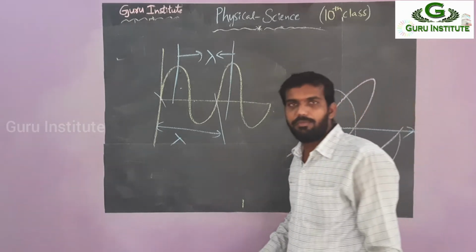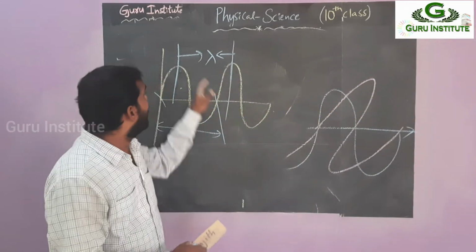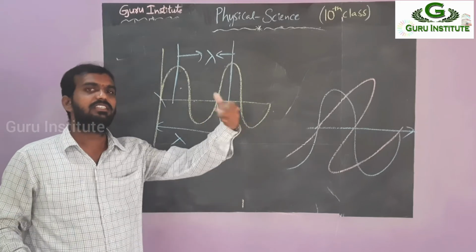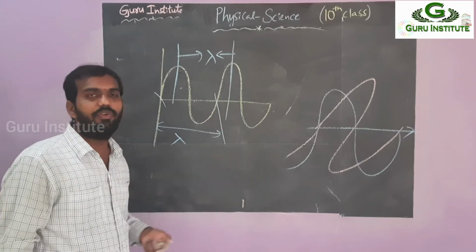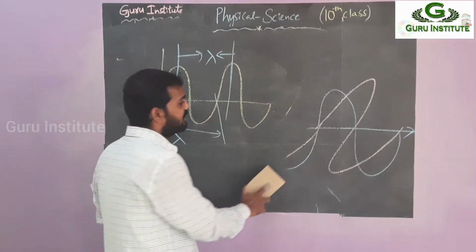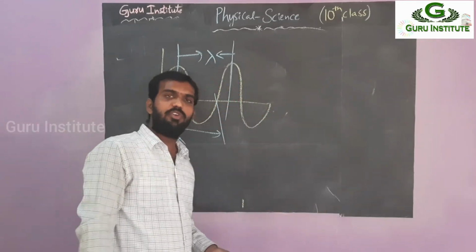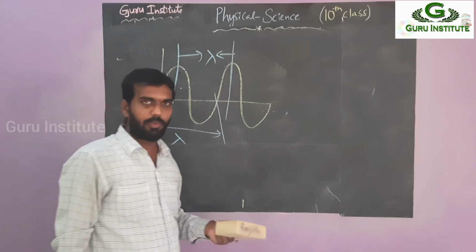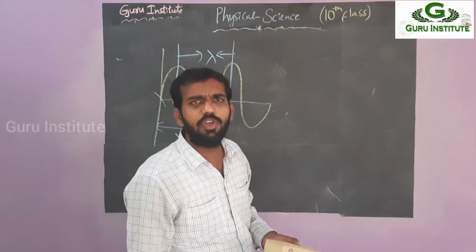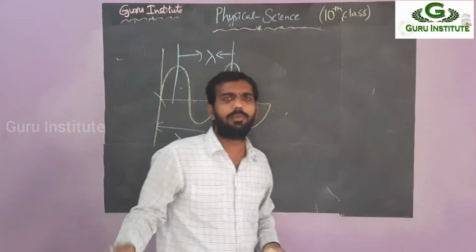In 1 second time, how many peak points move in a wave is also known as the frequency. So simply, it is the number of vibrations. These properties apply to sound waves also. I am telling you, the light electromagnetic wave applies as light waves too. Any wave, this property should apply.